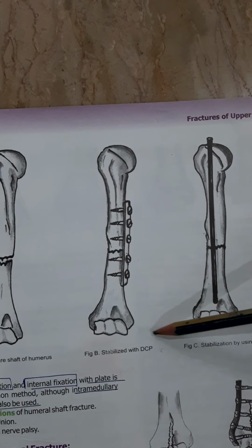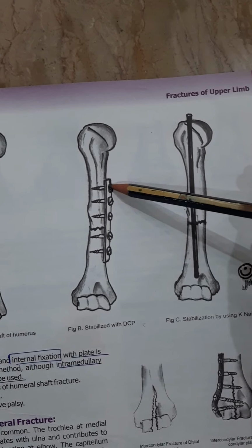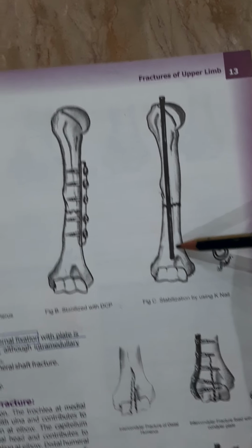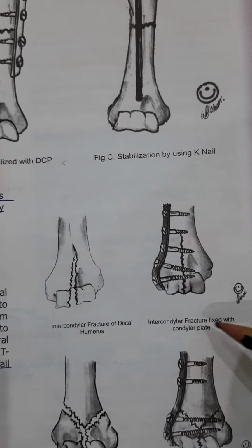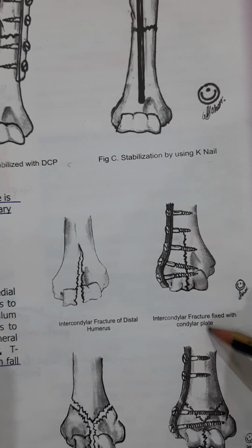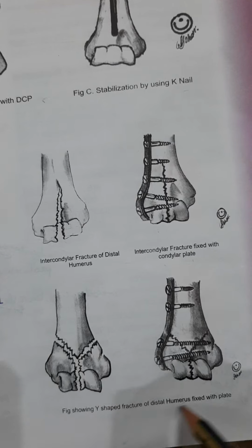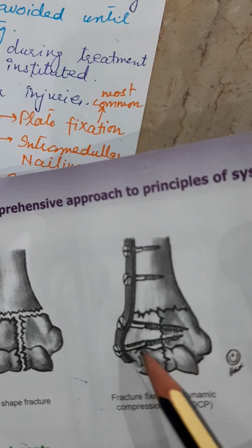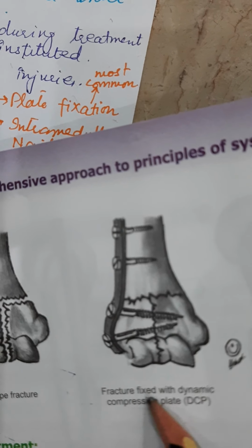In this picture, fracture of the shaft of the humerus is stabilized with the DCP, and this fracture is stabilized with the key nail. Here, intercondylar fracture is stabilized. Fixation is done with the plates. In Y-shaped fracture, here also fixation is done with the plates, and T-shaped fracture is also fixed with the plates,